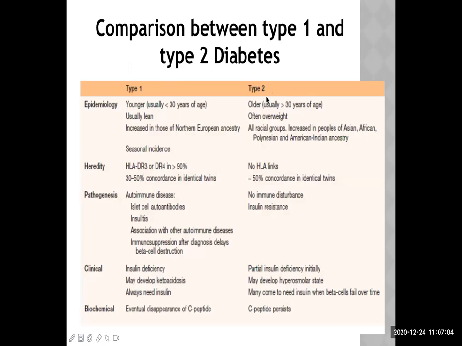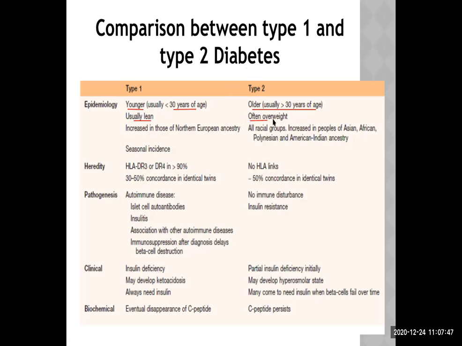Now, at the end of this very important topic, before I enter into the second phase of diabetes discussion, let's compare type 1 and type 2 diabetes. See there? Very important question from the exam point of view. Type 1 diabetes occurs mainly in younger people, usually less than 30 years of age, whereas type 2 occurs mainly in older ones. The persons are usually lean and thin in type 1 diabetes. There is absolute deficiency of insulin, and insulin is an anabolic hormone. So without that anabolic effect of the insulin, the person looks very lean and thin. This is a very good reason, and it is very easy for you to remember also.